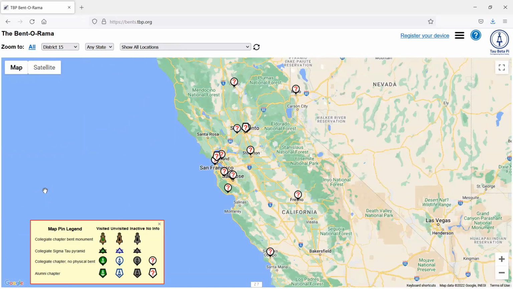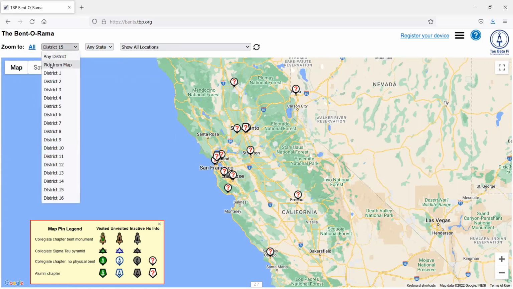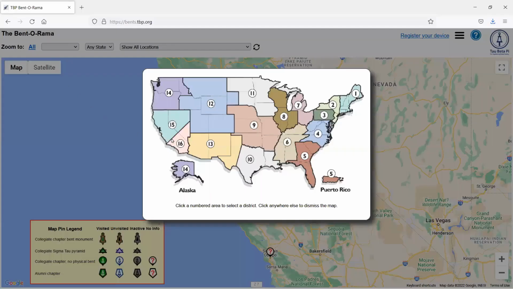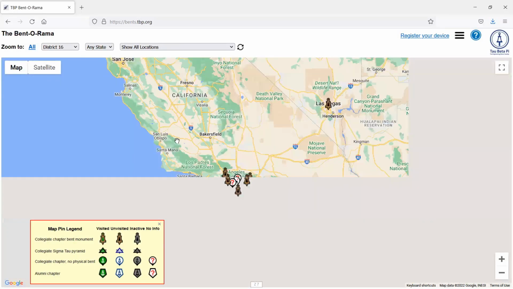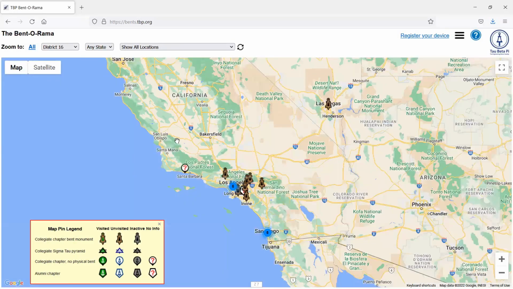If you don't know the Tau Beta Pi districts, you can select the Pick from Map entry, which will display a map of districts, like this. Just click within the borders of a district to zoom to its pins. Notice that most of the pins in this case are in California, but there is also one for Nevada Beta